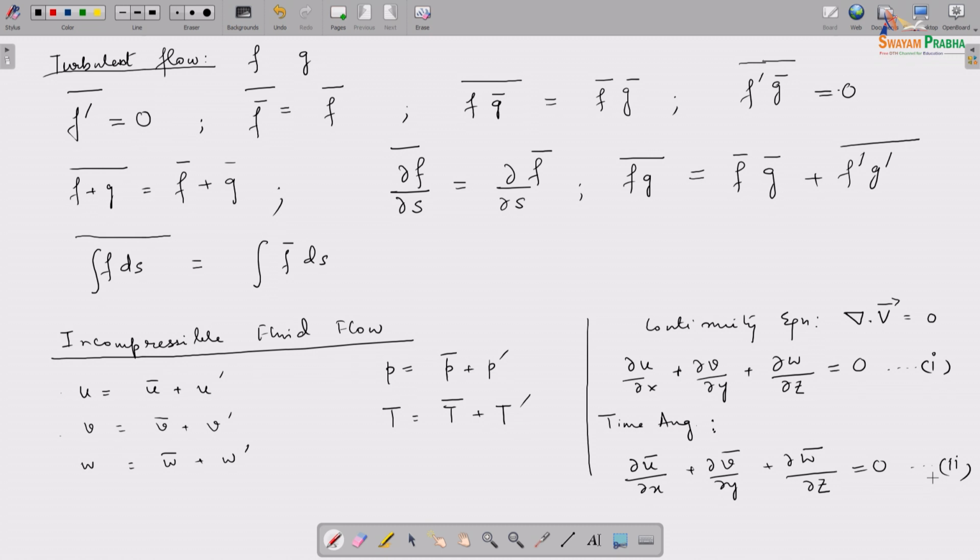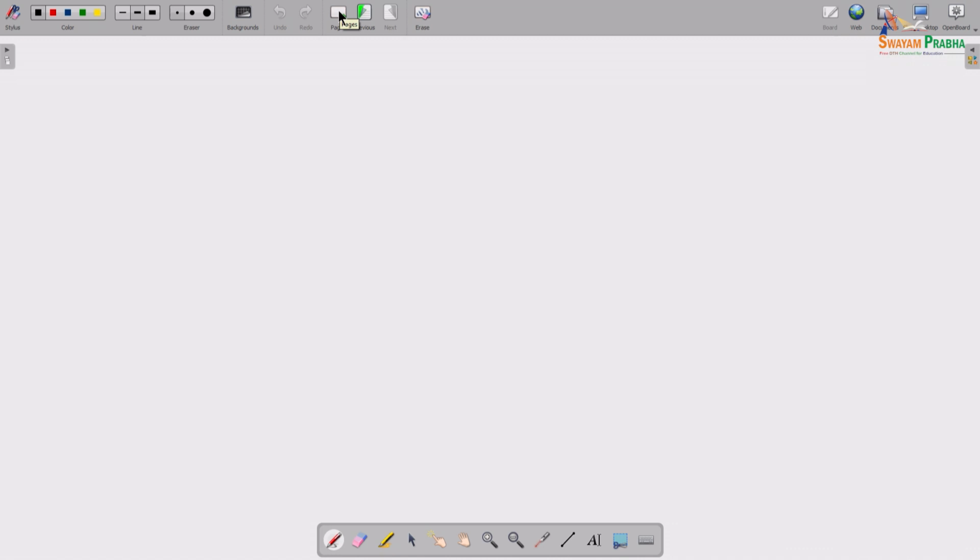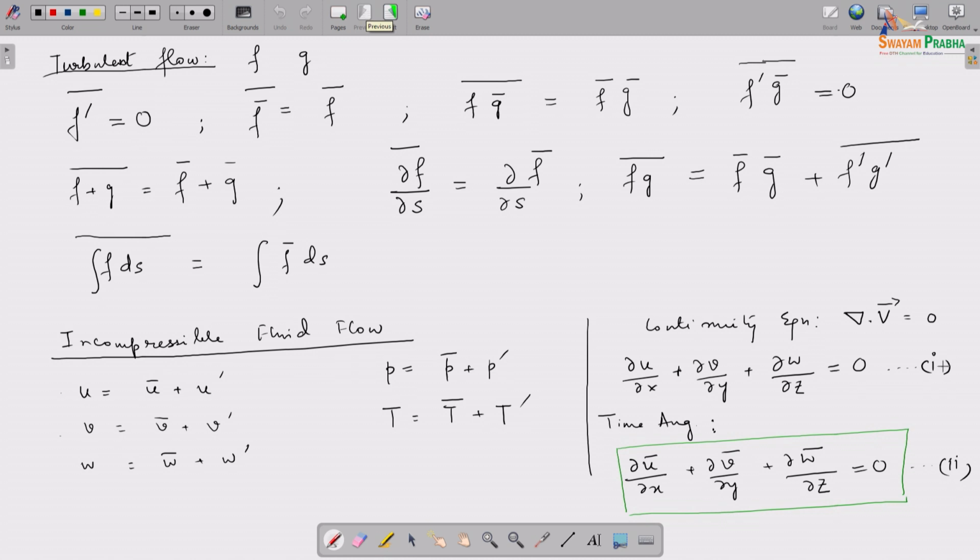Is that right? Okay. So, now if I take a time average, it's like that, right. So then we do this. So, you have expression 1 here and expression 2 here. This is the time average. Now, what we will do is subtract the second equation from the first, right. I subtract the second equation from the first, meaning